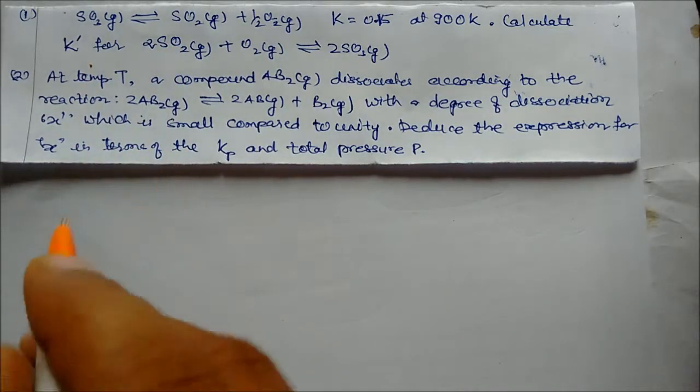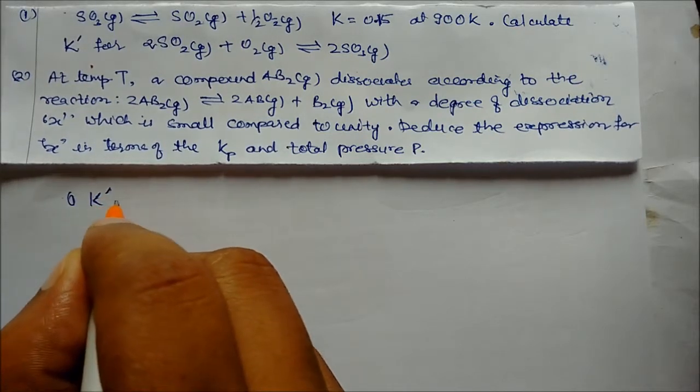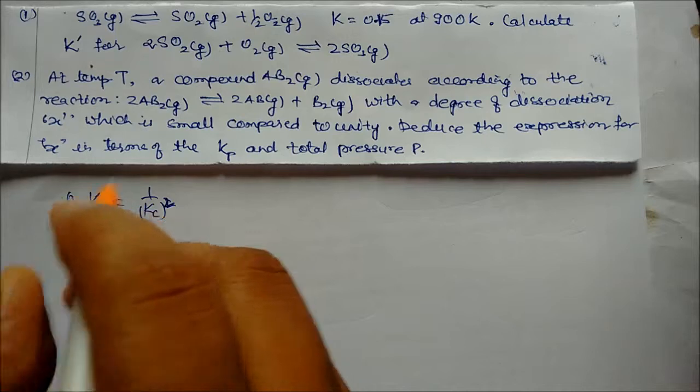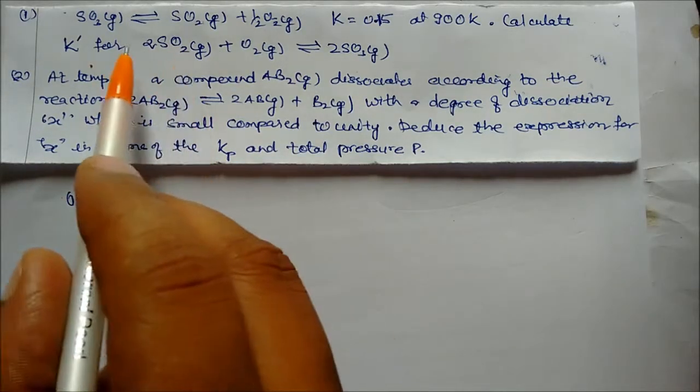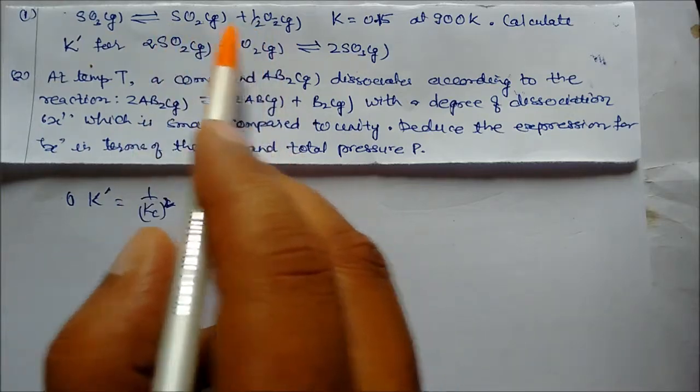So for reverse, the formula of K dash, so this is for 1. The new K dash for reversing will be nothing but the Kc whole square. Why is the square there? Because you can see 2 is there. Here the coefficient is 2, and on this side there is no coefficient, so half, and this is the 1.